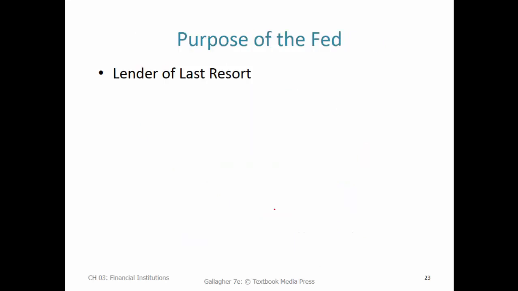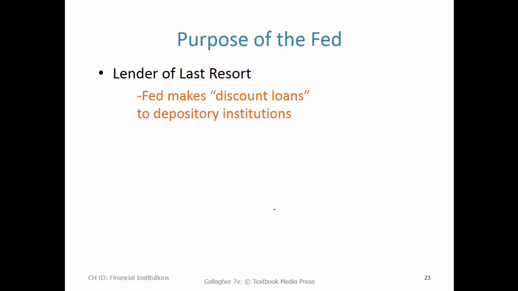Purpose of the Fed, the main thing, as I mentioned, is the lender of last resort. The kind of loans that the Fed makes to banks are referred to as discount loans. The technical term for it now is actually primary credit and secondary credit, but the Fed is basically there to create money and lend it to banks when banks need it, whether it's just a kind of a short-term temporary need for cash, sometimes it's seasonal, or a system-wide financial crisis like we've seen most recently in 2008.